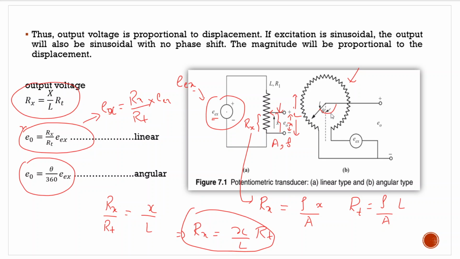Based upon this potentiometer, now we'll be seeing how we can calibrate this device, how we can develop a potentiometric transducer. वो जो potentiometric transducer हम develop करेंगे, we have to study its resolution, its accuracy, and the loading effect on this potentiometer, etc. We have to study all those things.